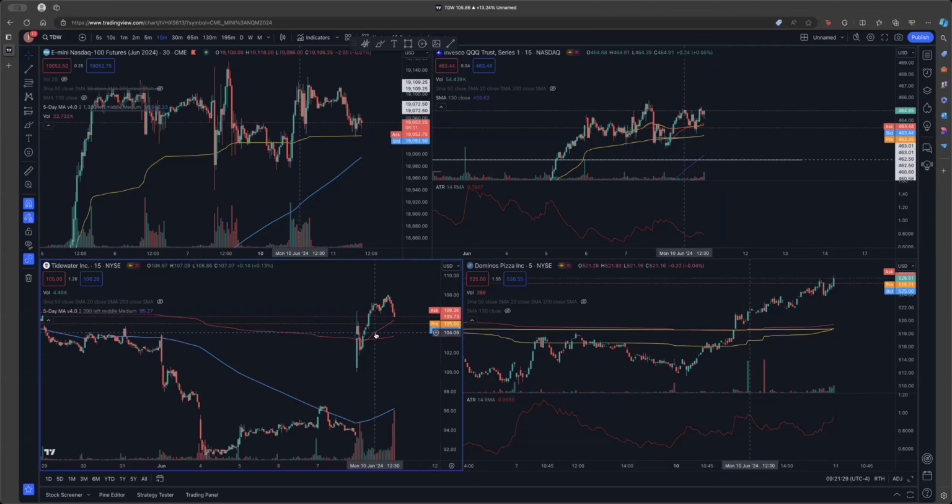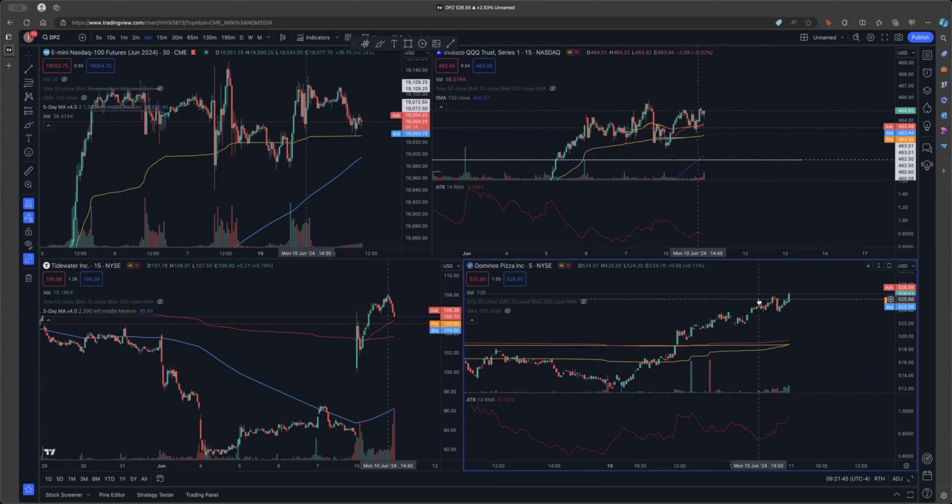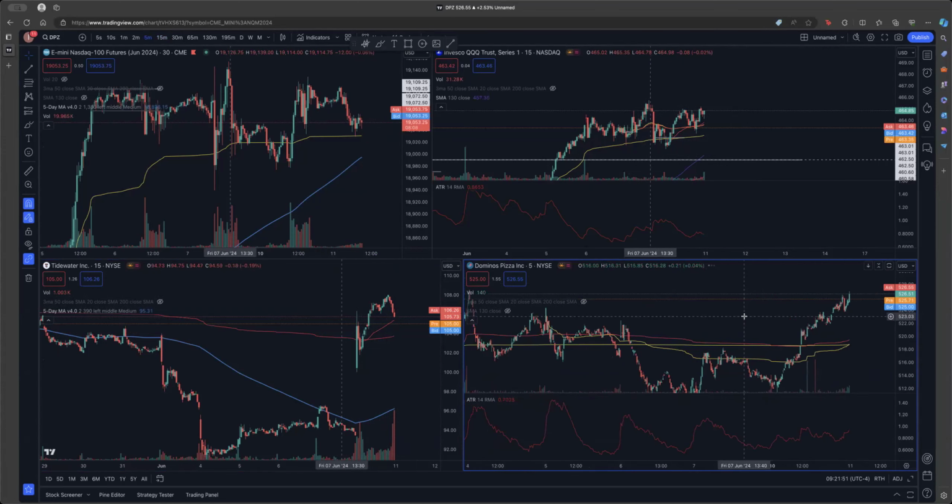If you haven't established your position yesterday, a pull back towards 103.80 and change will give you another opportunity to establish a new position. Something to keep in mind, the ticker symbol is TDW, Tidewater. This is number one. And number two we're looking at is Domino's. If they pull back towards 524 and hold at 524 levels and then start pushing back to the upside,